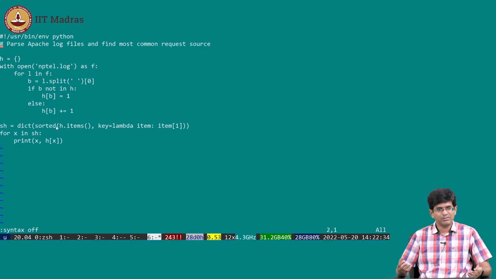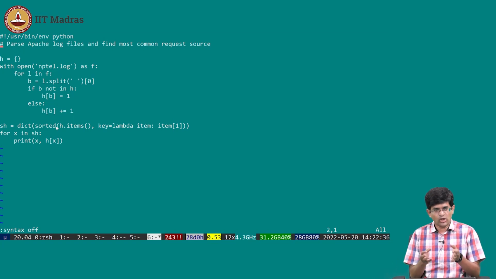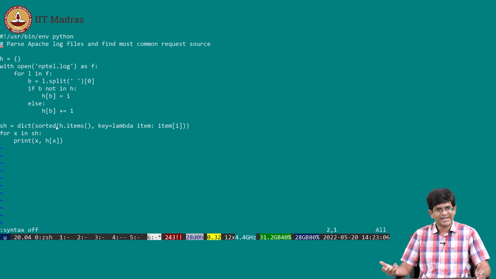So what do I mean by parsing in this case? Normally parsing means you take something like a C program or a Python program, read it line by line, split it up into words, and try to associate meaning with those words, right? So parsing is the first part which says, okay, I'm going to read it in, check whether it is syntactically correct, and probably generate some errors if it is not, or just somehow break it up into something that can be used. That's pretty much what I'm trying to do over here. Of course, my syntax in this case is very simple. I basically have space separated blocks.